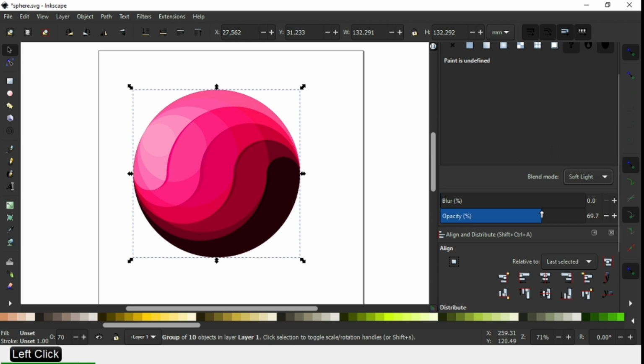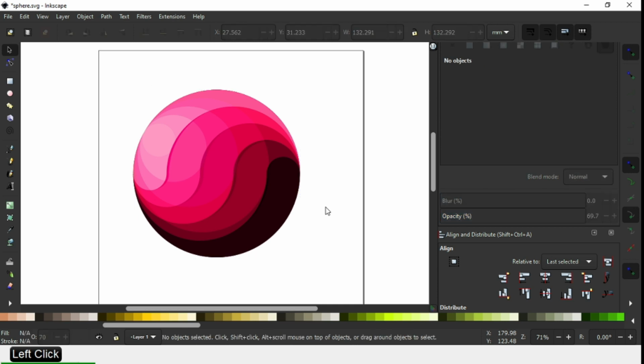You can use any effect according to your need, or you can choose your own color combination.